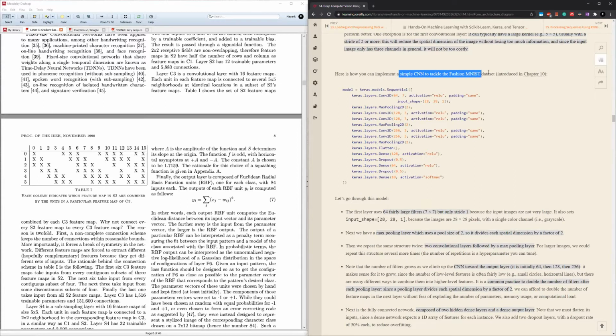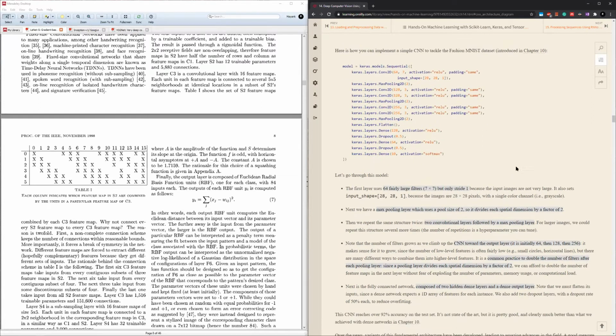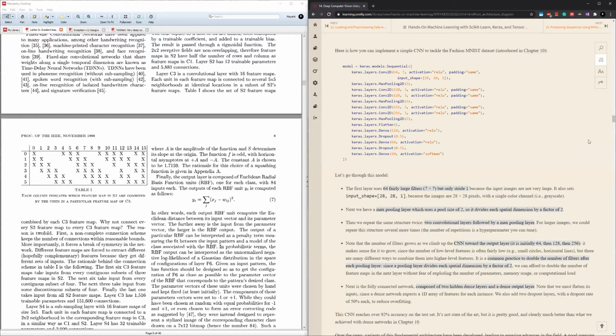And this is a simple CNN to tackle the Fashion MNIST dataset that we have seen earlier in chapter 10. This we have already done. If we go through this model, the first layer has 64 large filters, 7x7, stride 1. Then next we have a max pooling layer with pool size 2, which reduces the spatial dimensions by a factor of 2 by default. And then we have 128 filters